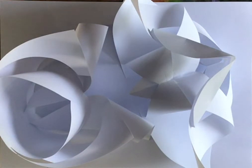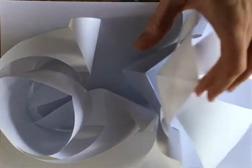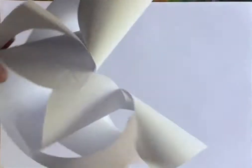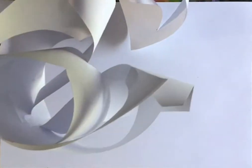So another way of working that I'm going to show you is I have been making paper sculptures that I can use to draw from or paint from, and they become quite a good starting point for abstract paintings. So I've been making these out of just one piece of paper, and I've just been folding and sticking and just sort of playing with the paper until I get interesting shadows, light effects, so perhaps on curved planes and straight planes, thick areas, thin areas, overlapping areas, just so that they become quite unpredictable and sort of interesting, particularly